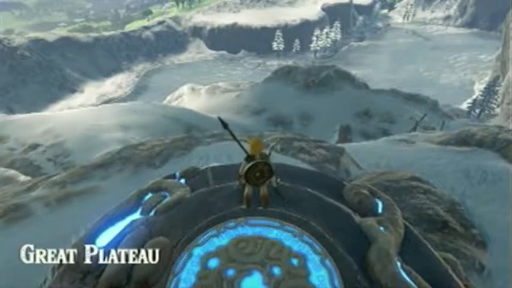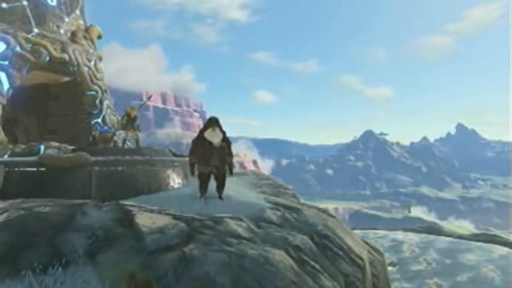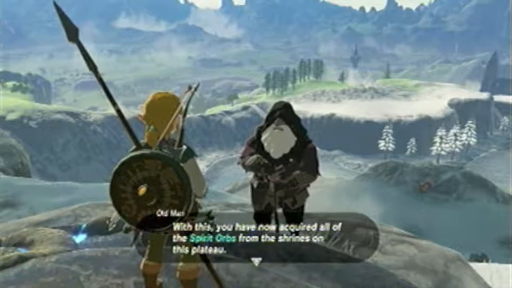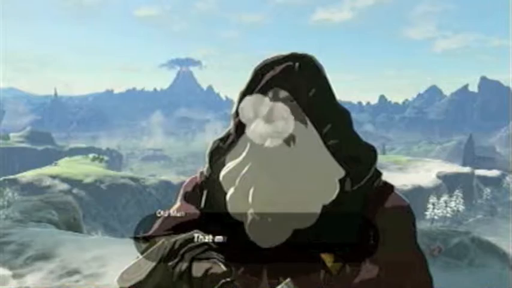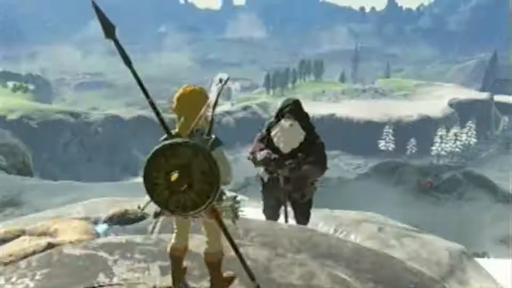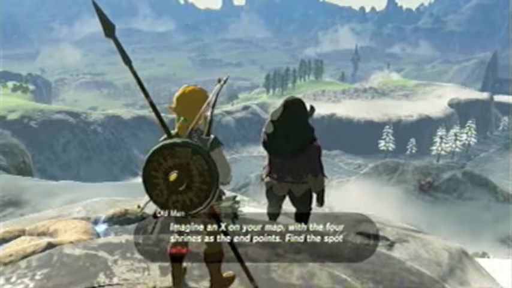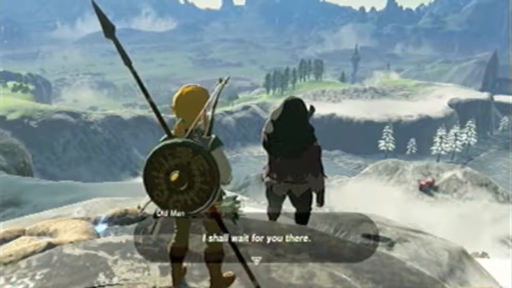Oh, he's calling for me already. I was gonna talk about the other way of getting up here, but he had to interrupt me. So yeah, we have all the Spirit Orbs needed in the Great Plateau, and it's finally time to tell you everything. But first, can't do it here, we gotta do it at a more meaningful spot on the map,